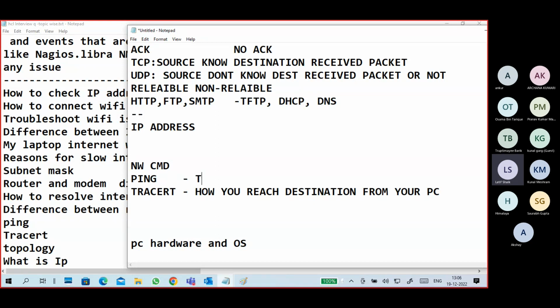This is to test communication between source and destination.